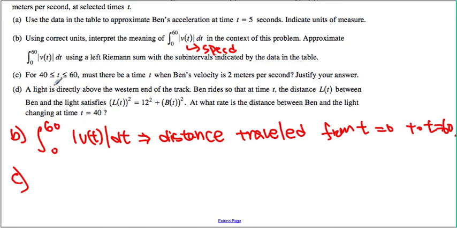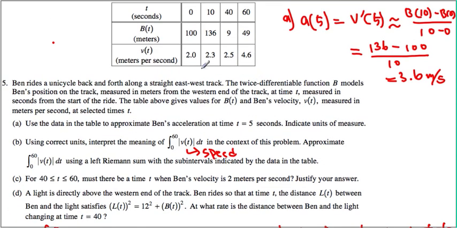Number C. 40 through 60. Must there be a time t when band's velocity is 2 meters per second? You see, since this is a twice differentiable function, even though when t was equal to 40, the velocity was 2.5 and then 4.6, we don't know actually what's happening. But what we have to do is, using the mean value theorem due to the differentiability,